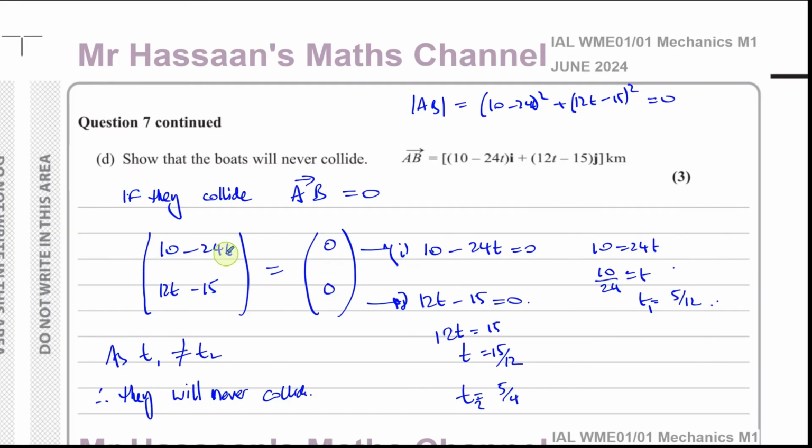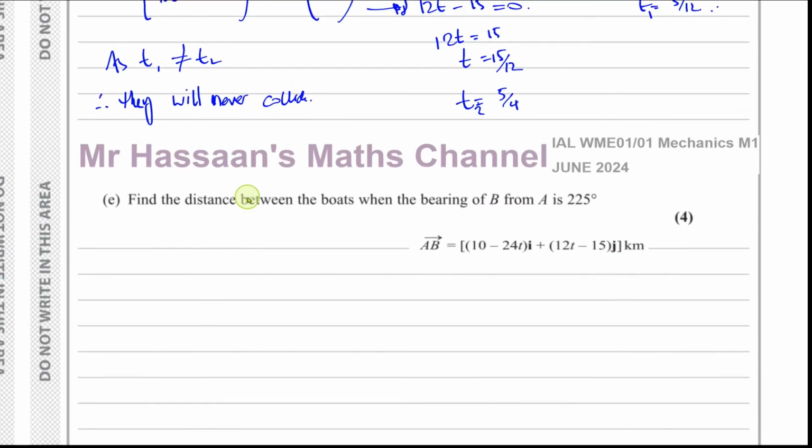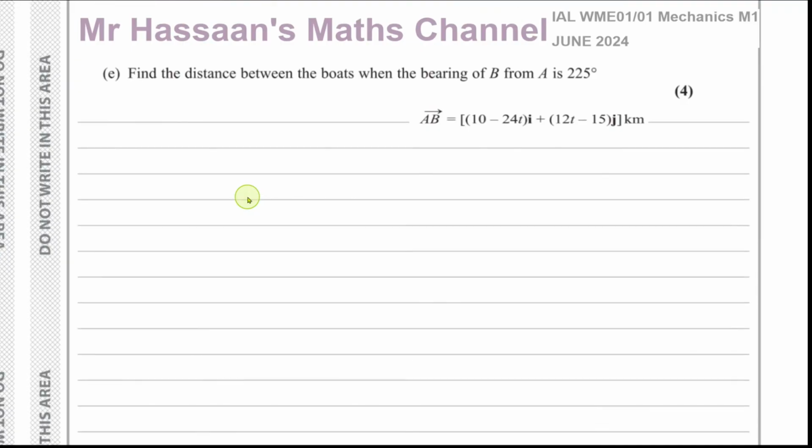So if this value of t for this being 0 and this value of t for this being 0 are the same, they'll be at the same place at the same time. And we can see they're not the same. Okay, they're not the same, therefore they'll never collide. That's part D. And now for part E, it says find the distance between the boats when the bearing of